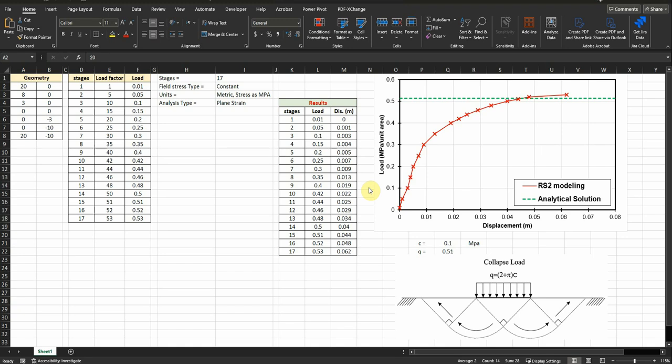In this video, I will show you how to estimate the bearing capacity using the finite element method. I'm using RS2 software from the Rocscience package. I also estimate the bearing capacity using an analytical solution with this equation: q equals (2 + π) times